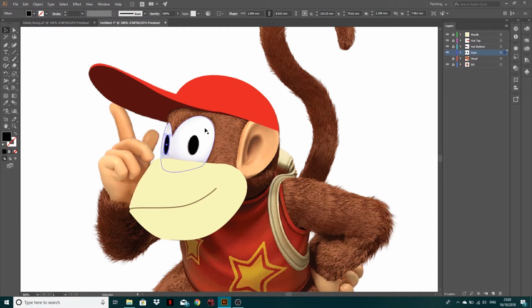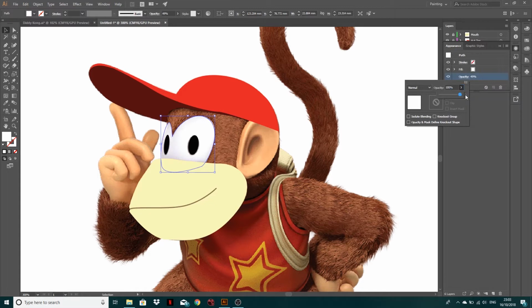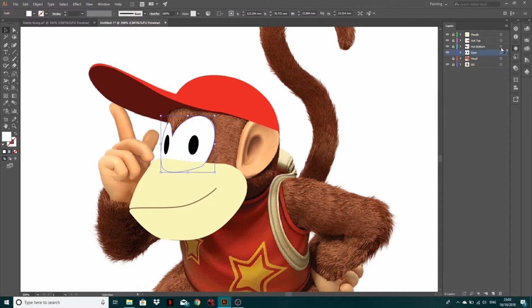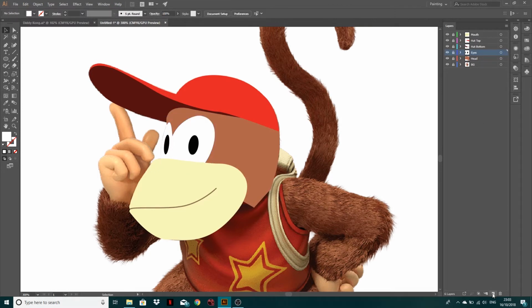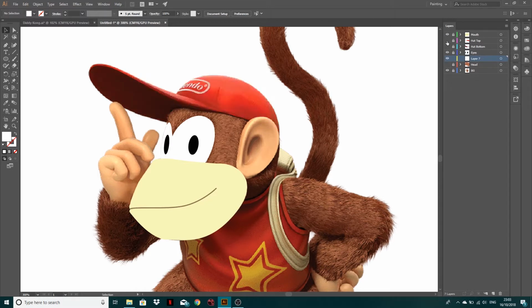Okay, so all we need to do now is go back to select the whites of the eyes, go back to Window, Appearance, Opacity, turn that up, and then turn the head back on. And all we've got left to do for this is the ear. So I'm going to put this above the head, turn the head off, and also turn the hat stuff off, because the ear is on top, sorry. So let's go in, let's turn the mouth off as well, just so I can see. Yeah, that's fine. So click, and click up here,